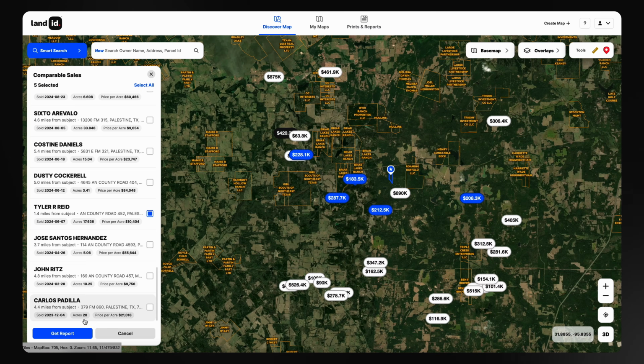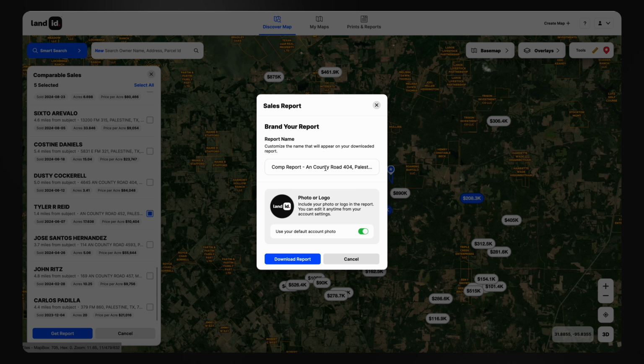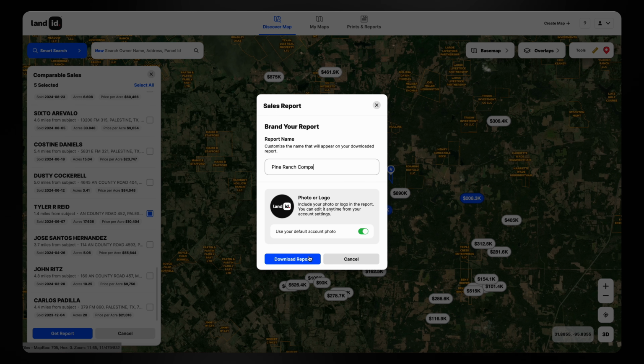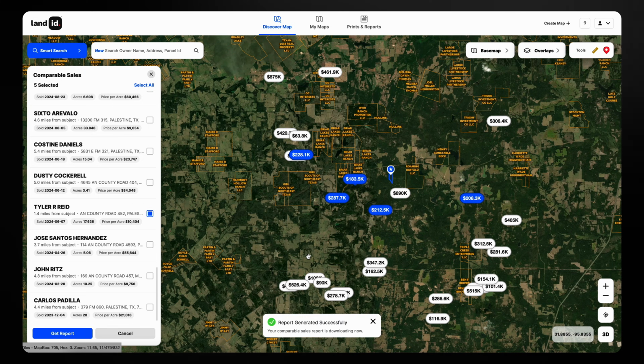When you've got your comps selected, click Get Report. You can name the report whatever you'd like, and Land ID will create it and download it as a PDF to your Downloads folder. And now you've got a polished, shareable PDF that not only looks great, but gives you